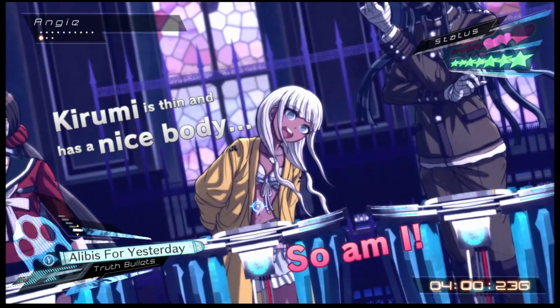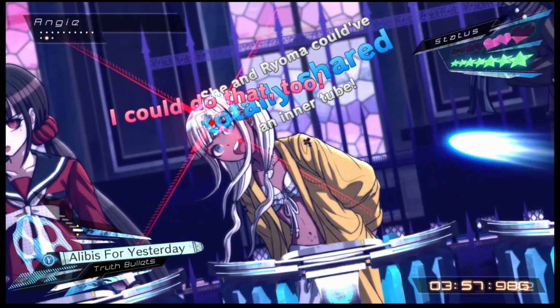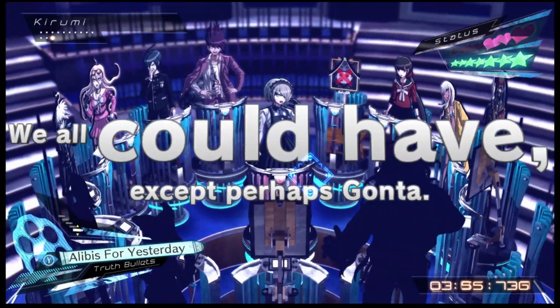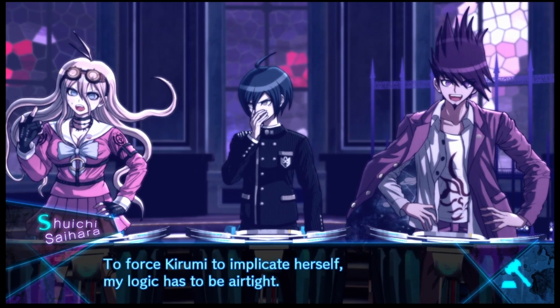Kirumi is thin and has a nice body. She and Ryoma could have totally shared an inner tube. We all could have, except perhaps Gonta. I don't want to put Gonta on the spot here, but we all...